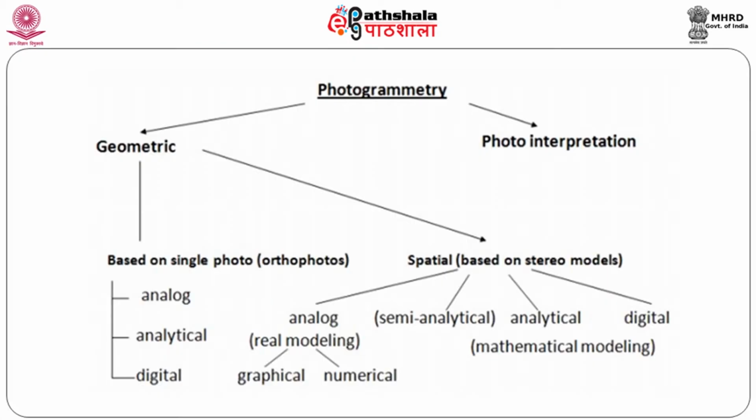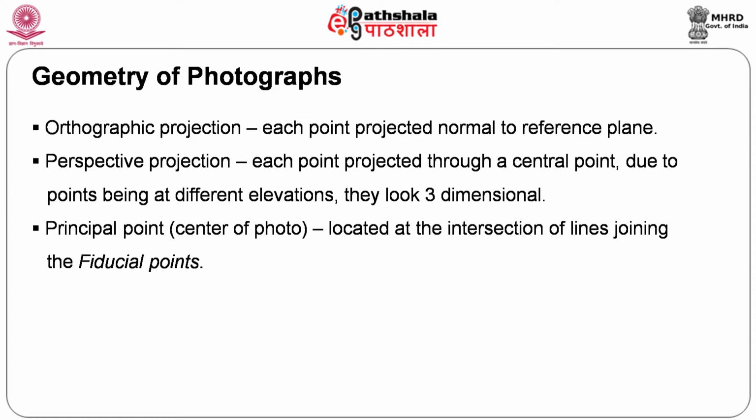of correcting the data. When you talk about the geometry of photographs, two things are important here: the orthographic projection or the perspective projection. In the case of orthographic projection, each and every point is projected normal to the reference plane. That means something like raindrops falling from here. So, when you have, say, your sky, drops are falling like this. So, each and every point is projected normal to this reference plane,